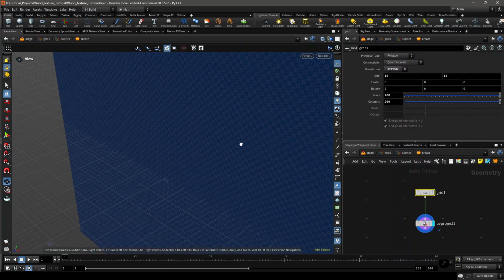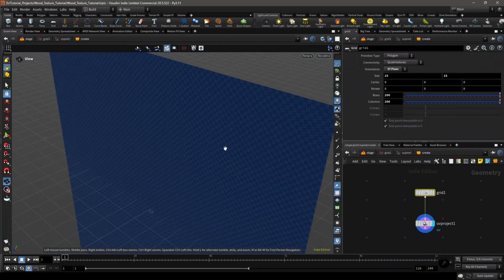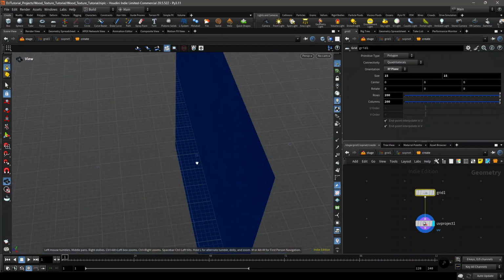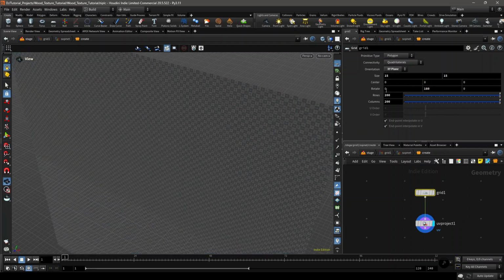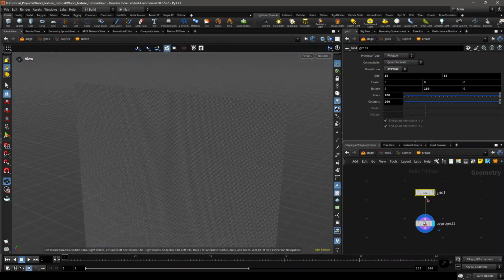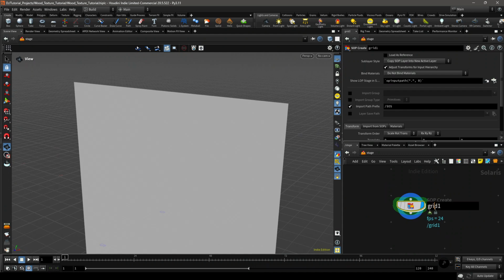And we also want the normals to face this direction too, so just rotate it on the y-axis by 180 degrees or you can drop down an inverse node. Name it grid,